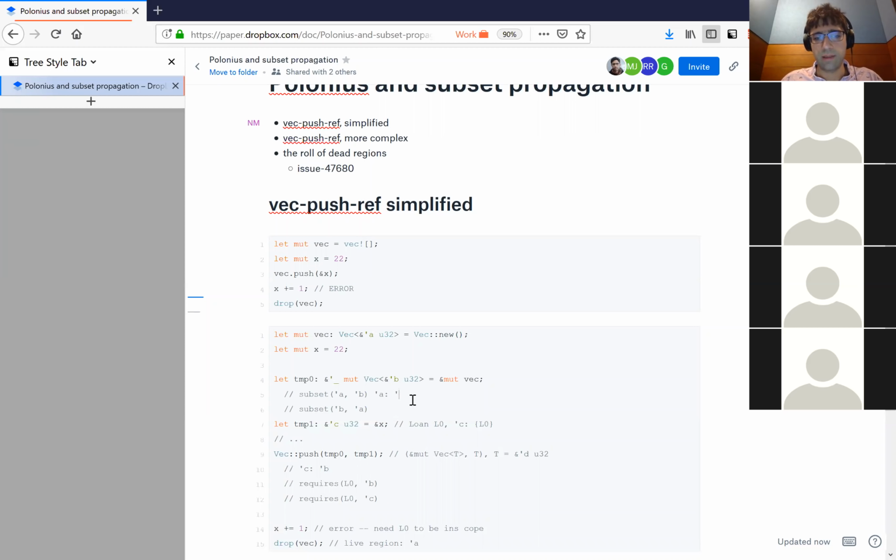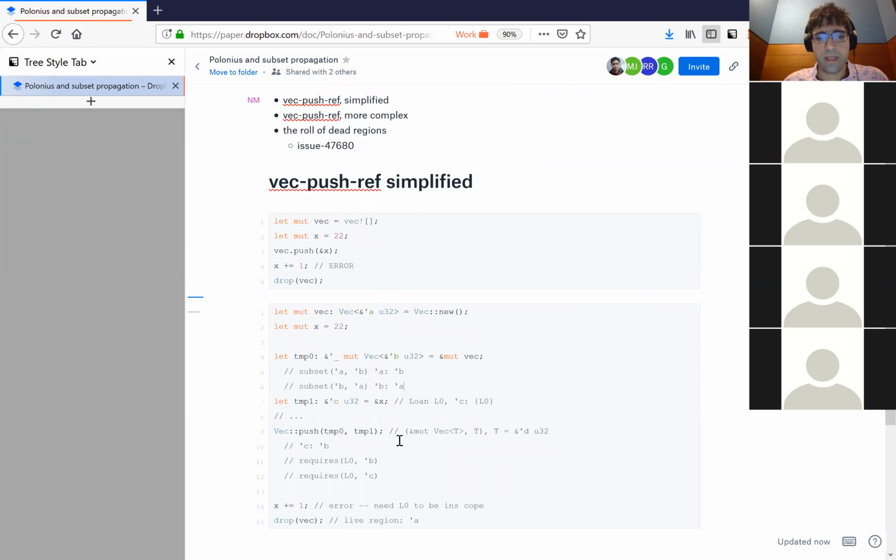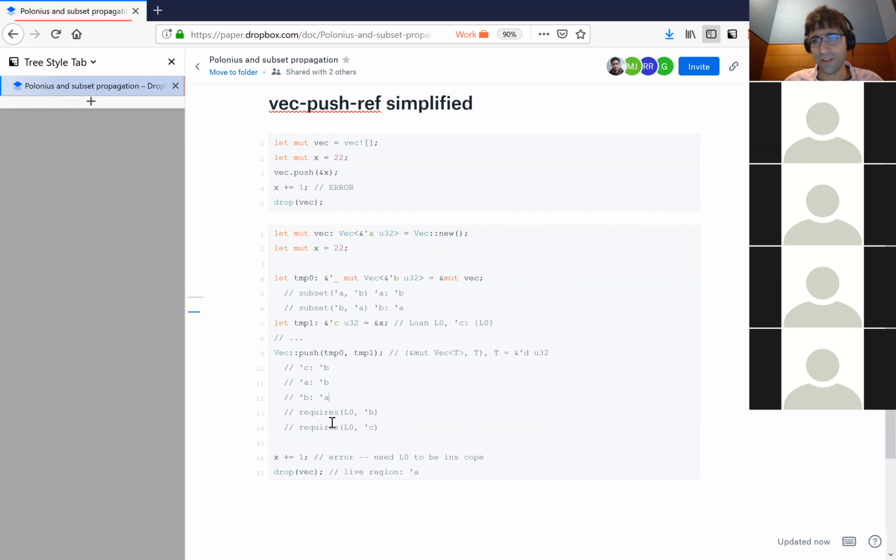So, tick A outlives, or tick A flows into tick B, this way. And so that's where this subset propagation stuff comes in, because in the normal Polonius, we flow these things forward, and then down here, we not only know that tick C outlives tick B, but we know that tick A outlives, or that's a hard habit to break. I don't like to say outlives anymore. Tick A flows into tick B, and tick B flows into tick A. So they're essentially equal, which means we get a requires L0 tick A here,